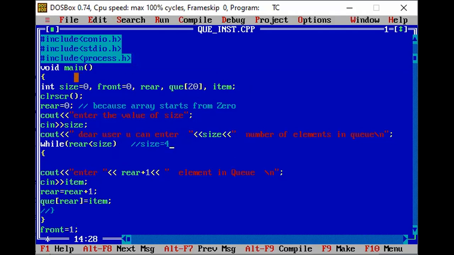So initially rear is how much? Rear is 0, you can check it over here. So rear is less than size: 0 is less than 4. That is true, so I enter the while loop. Cout enter rear plus 1, that is 0 plus 1. So it becomes that you have to enter